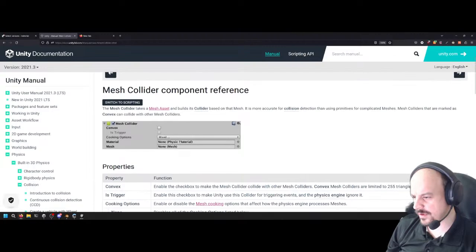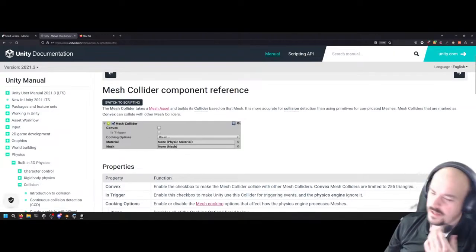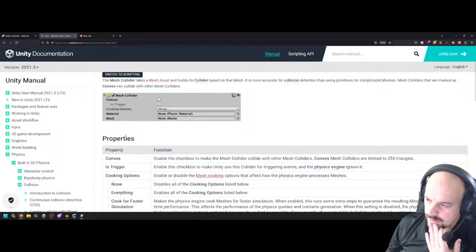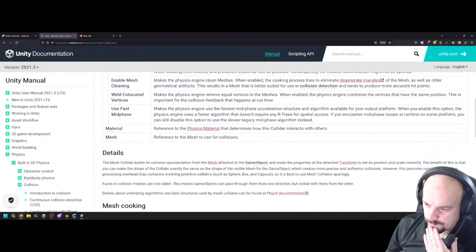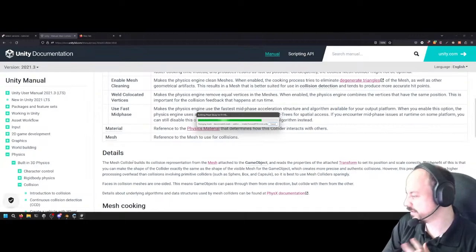But it should help. Because I'm wondering in my code, when we build our mesh collider and we set the convex, I wonder if I need to manually give it some type of bake method. We're going to do a build anyway and see if it works.